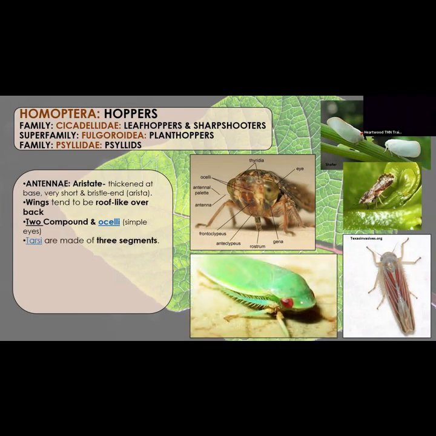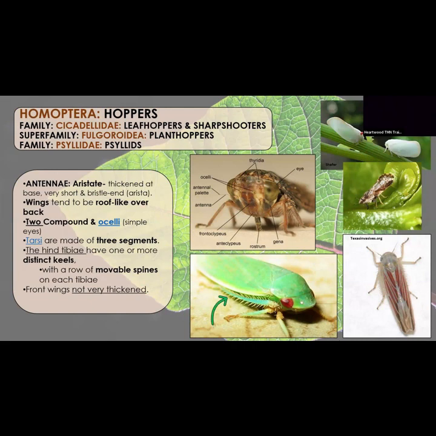Their tarsi are made up of 3 segments. Don't worry, we're not doing a lot of toe counting, but toe counting is a very big thing in entomology. What also helps to identify a hopper is they'll have a lot of spines on their legs, and their front wings are not very movable. So it's a matter of how they are holding their wings. Are they tiny? Are they hopping on grass? It's probably a hopper of some sort. Their legs may not look like a grasshopper, but we've all been outside, right? You see these little tiny things, it's probably a hopper hopping around.